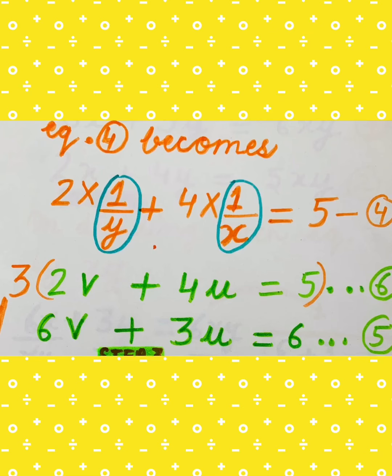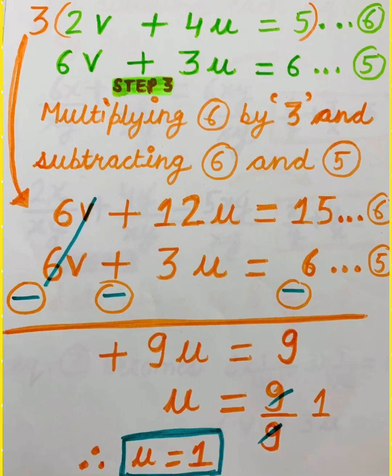Now children, we can solve these two equations by any method, substitution or elimination or cross multiplication, but here I am using the elimination method to solve these two equations. So for the elimination method, I will have to eliminate any one variable, either v or u. So I can eliminate v very easily. If I multiply equation 6 by 3, you can see that 3 into 2v will be 6v, and in equation number 5 I also have 6v in the starting, so both can be cancelled. So I will multiply equation 6 by 3.